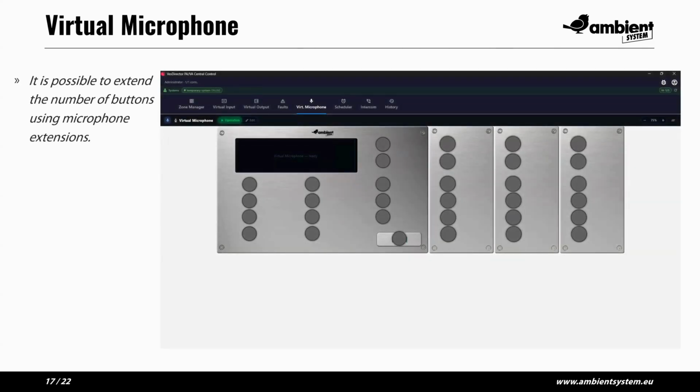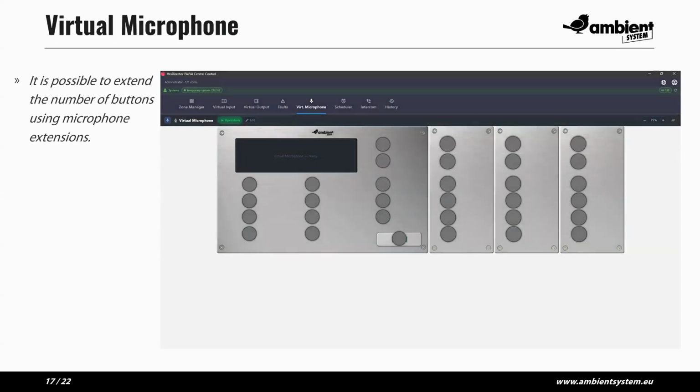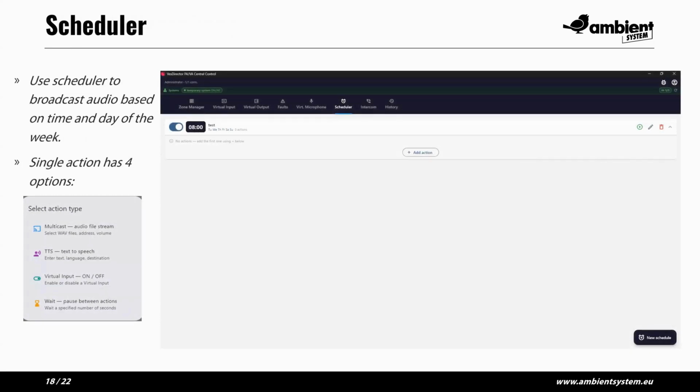So we can add up to 7 extensions available in the system. The other function is the scheduler. The scheduler allows you to trigger actions in the form of virtual input activation,